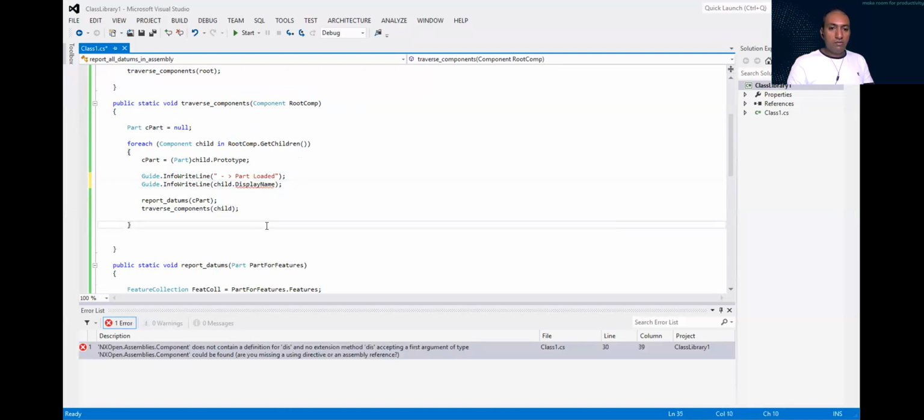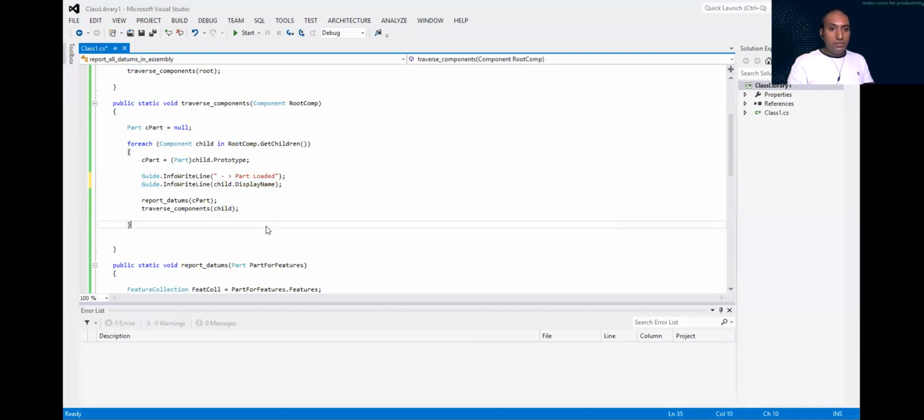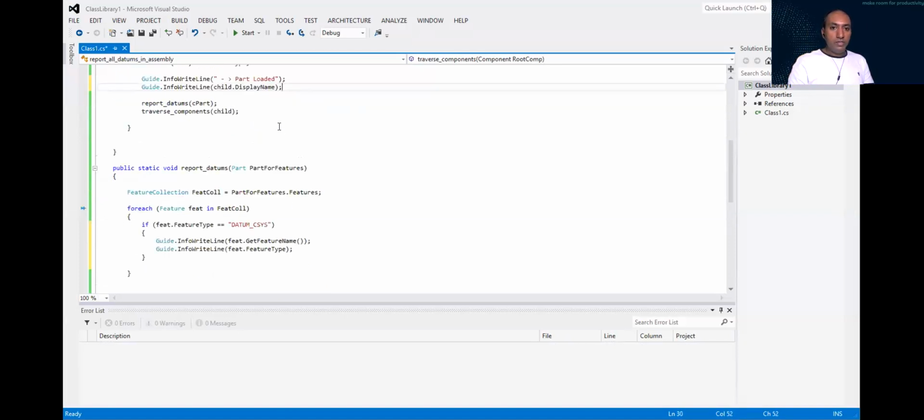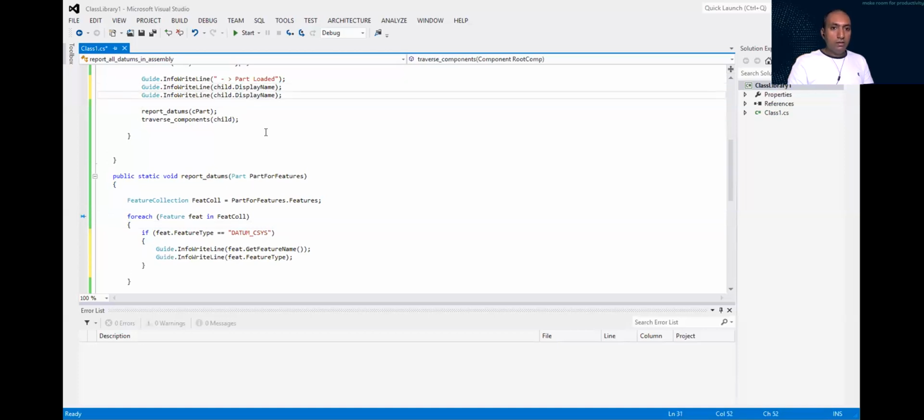We know this will give the display name of that part, and I will have one more line just before this. After this it's even okay to have that. Now what I will write is list of datum features is as below,